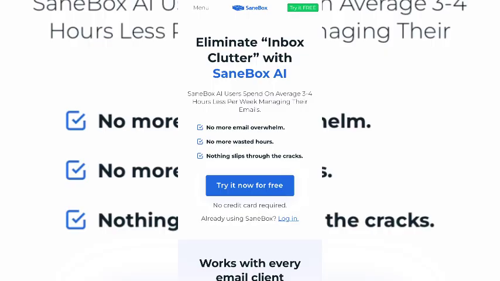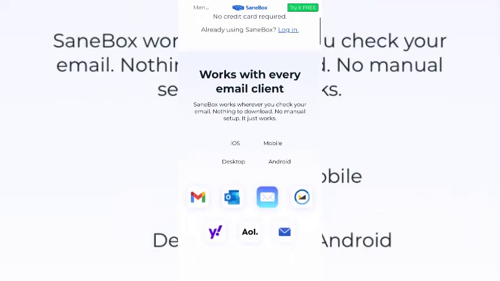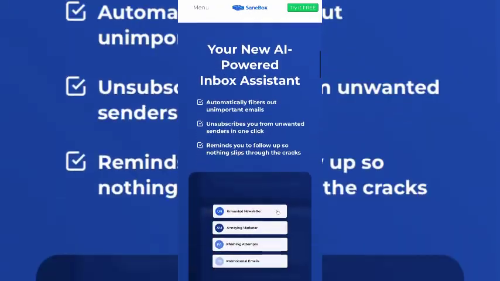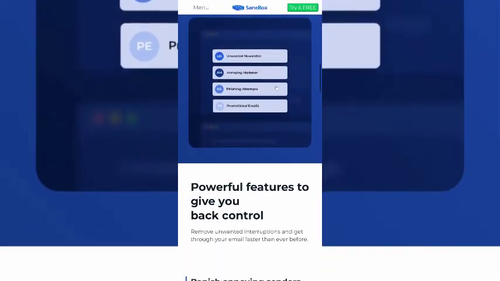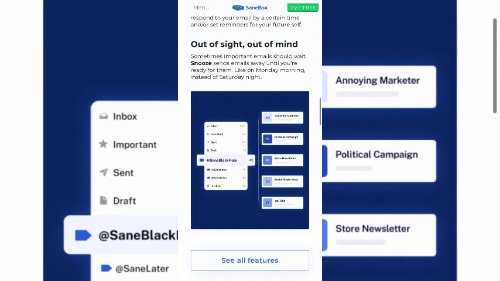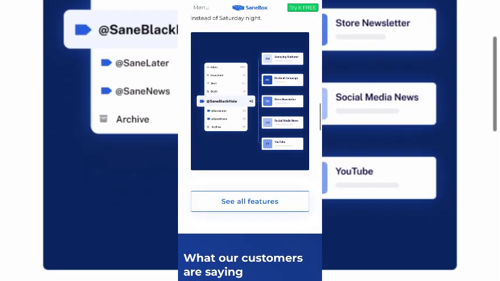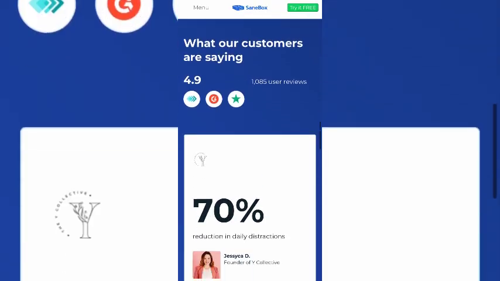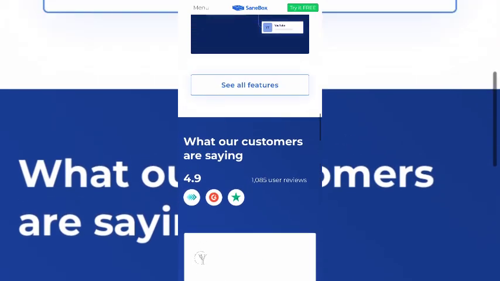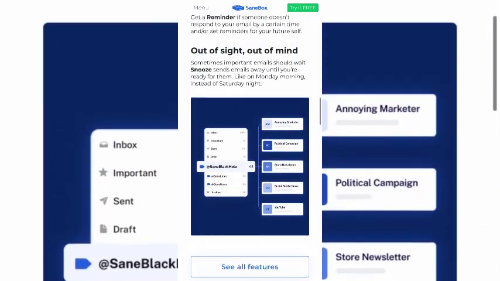Talking about Sanebox in 2025, it is a smart email management tool that automatically filters your inbox, moving less important messages into folders like Sane Later or Sane News. It saves time, reduces overwhelm, and works seamlessly with your email provider. The drawback is that it's subscription based and its AI filters aren't always perfect, so you may still need to